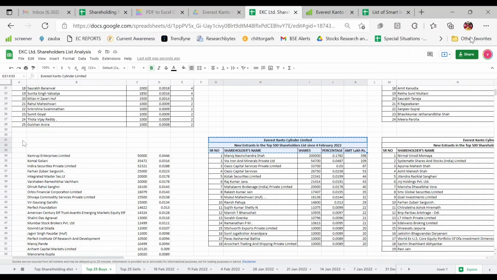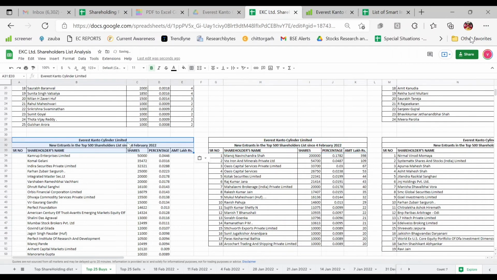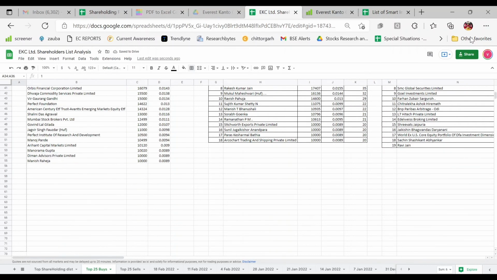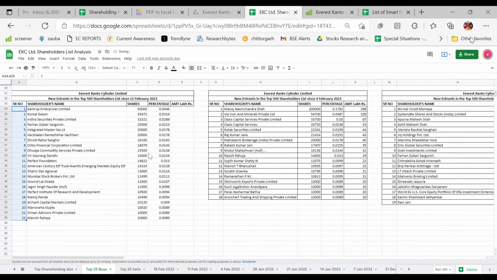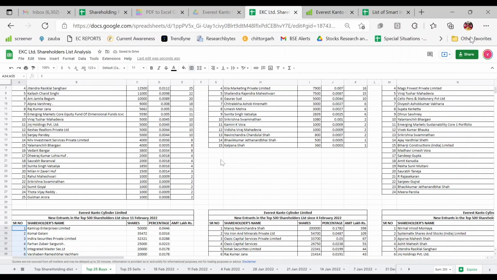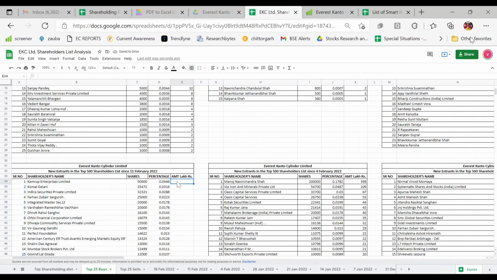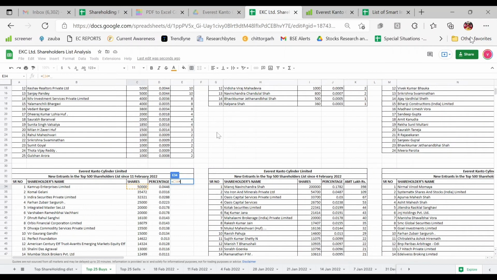Just copy it right there and paste it. Change the date. Put the serial numbers. Now in the above cells, I lock the value of that price.